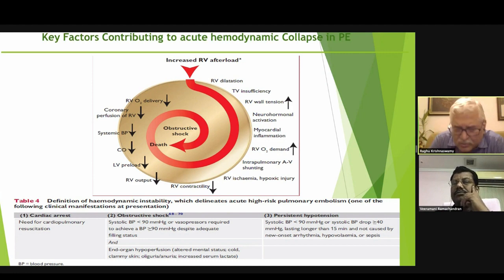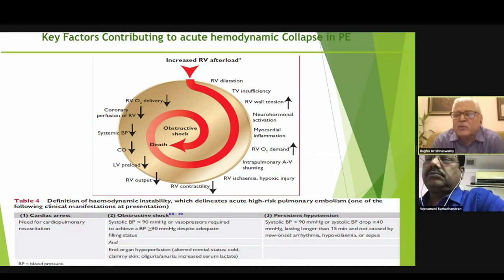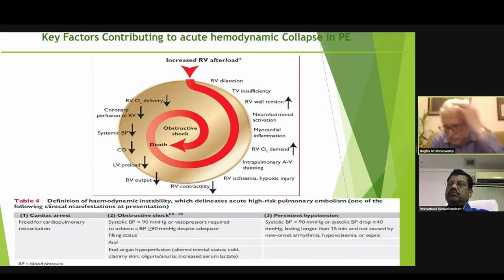One is, I do not know the exact percentage, but I have already mentioned that an abnormal ECG is present only in 15 to 20% of patients of acute pulmonary embolism. And if the pulmonary artery pressures are high, you might get changes of right ventricular strain in V1 to V3, which is expected as T inversions. Now, how much of anticoagulation? If you're using VKA, which is now not the preferred choice, nowadays NOAC is the preferred choice for pulmonary embolism. If you're still using VKA, that is vitamin K dependent anticoagulation, then the INR should be anywhere between 2.5 to 3.